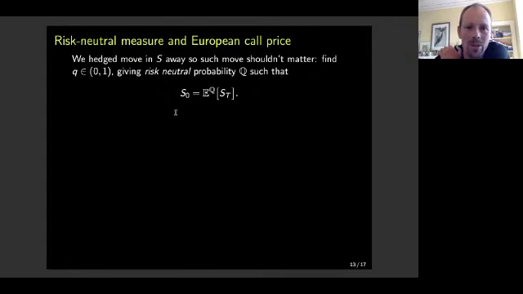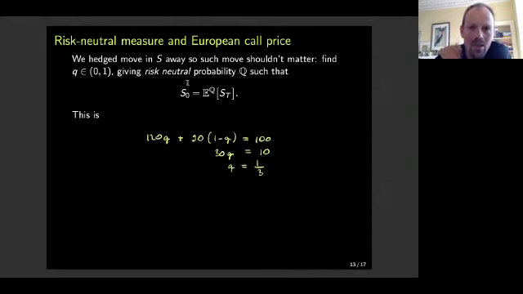So if there is a probability measure in which the underlying asset is what's called a martingale, which is effectively something that has got the same expectation in the future as it has today, then that would be the probability measure in which the derivative price is just an expectation. And we can do that with the model that we have.